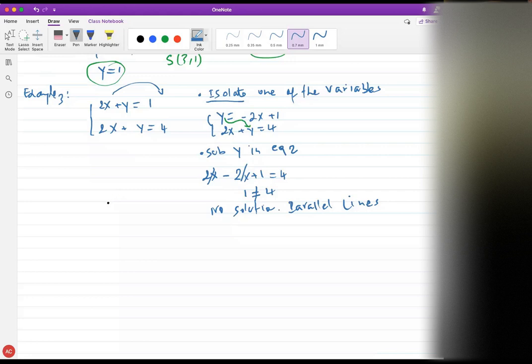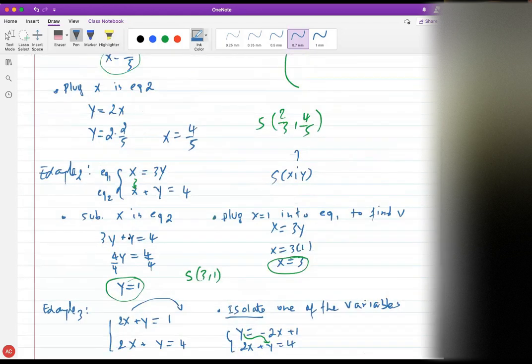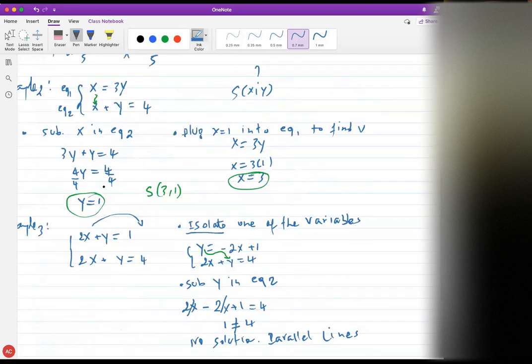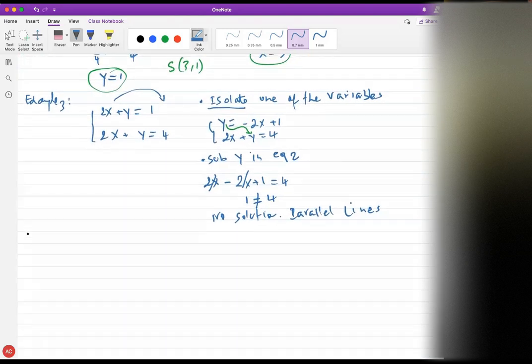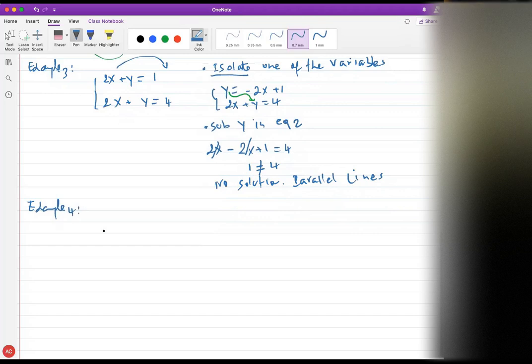Let's do maybe one last example. Any questions, everybody, before we do another example? Okay, one last example here. Let's say x plus y was maybe 1, and then possibly 2x plus 2y